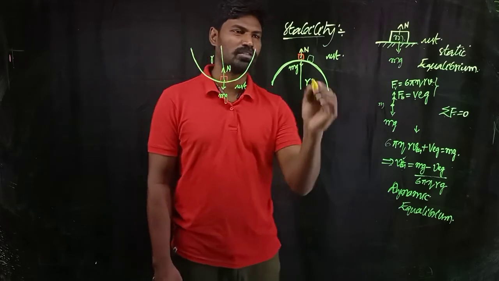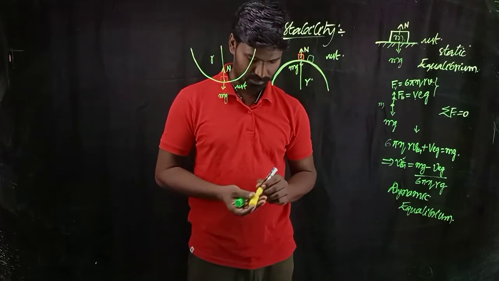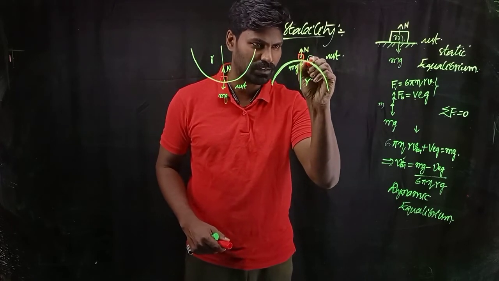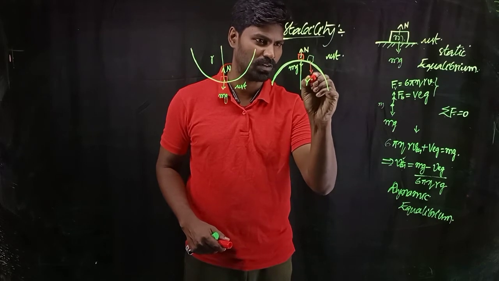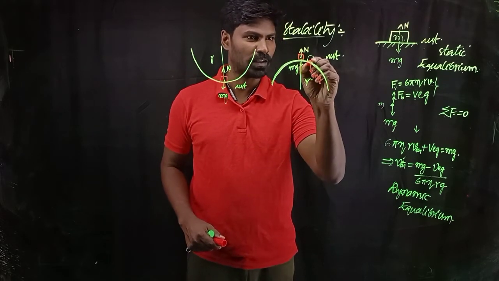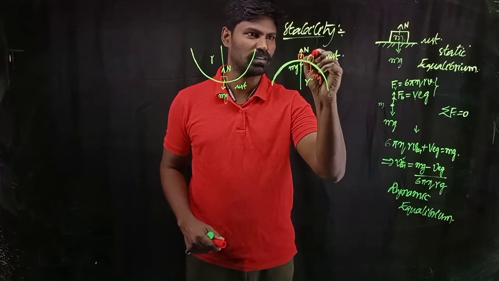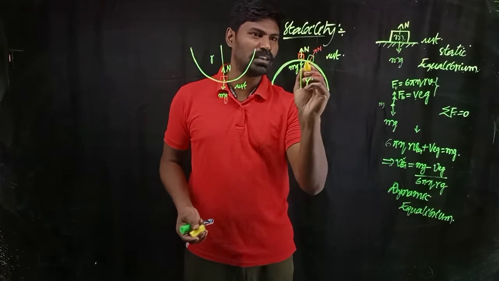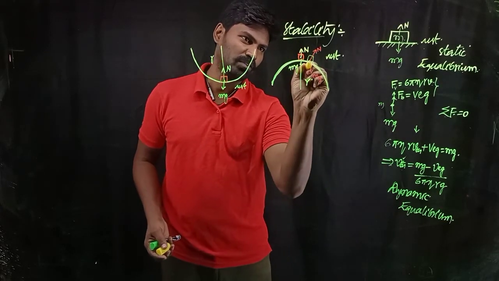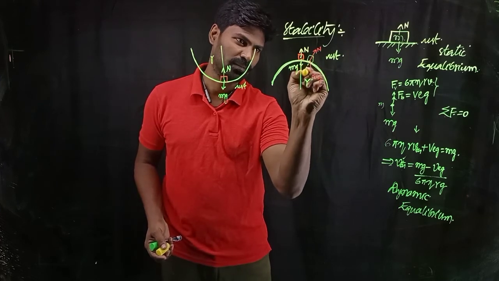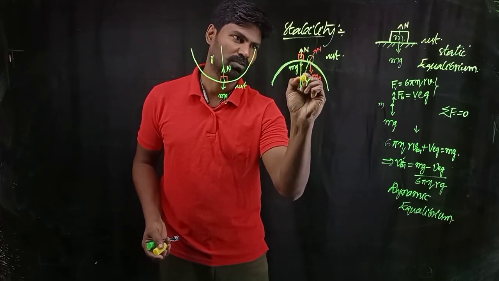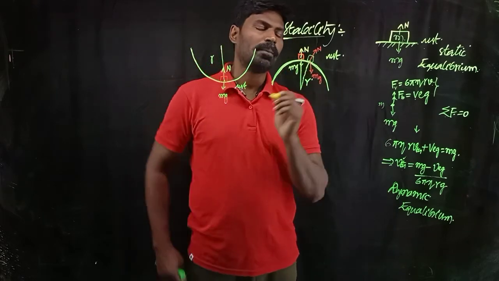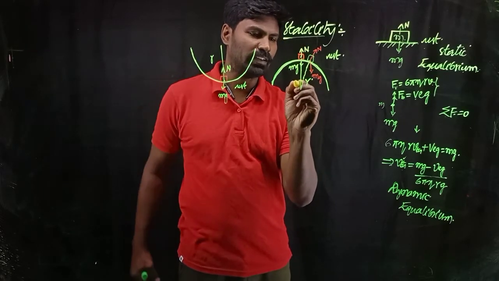Then what happens? To understand what is happening, simply draw its free body diagram. So what are the forces acting on it? The gravitational force, mg, is in the vertically downward direction, and the normal reaction is always normal to the surface, that is in this direction. Now mg and N are not along the same line. If you extend a line like this, it will pass through the center of mass, or the center of this hemispherical ball. If you consider this angle as theta,